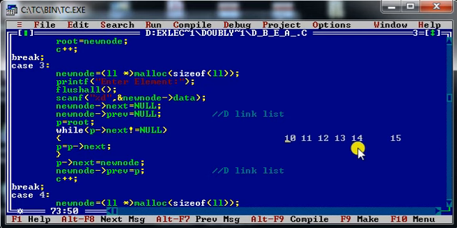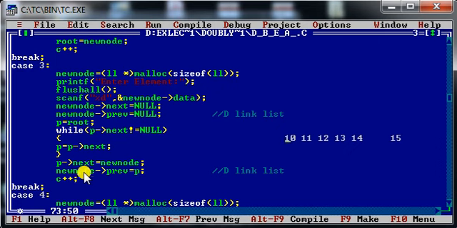So what I have to do? I have to set two pointers. One from 14 to 15, which means I need to set the address of 15 in the next part of 14. Similarly, I have to set the address of 14 in the previous part of 15, and that is what I have written over here. P of next means it's the next part of 14 in which I am going to store the address of 15.